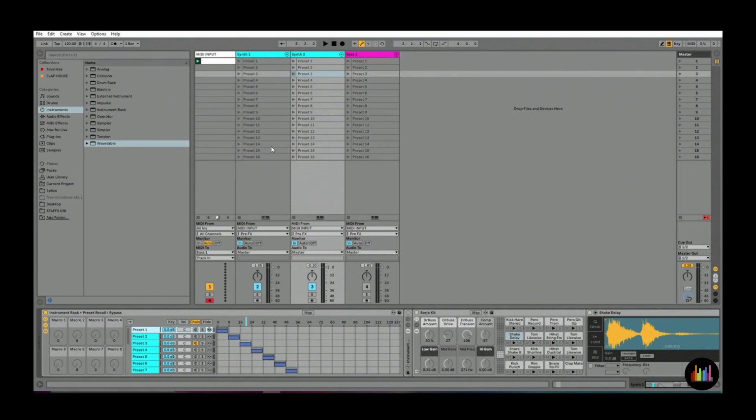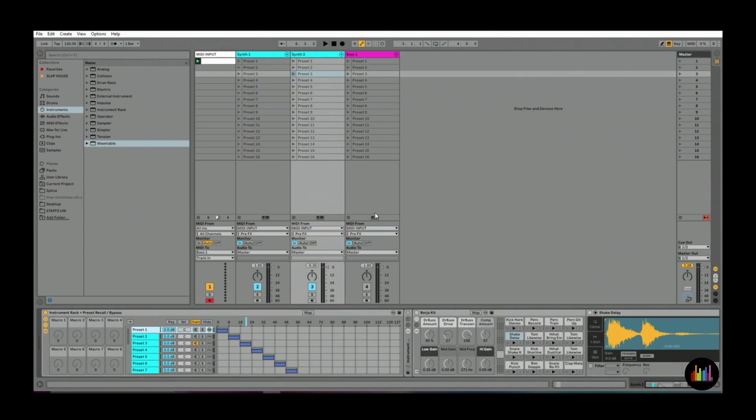Instead, you can stick them all into a chain, and then when you come to write, instead of having to drag everything out of the browser, find them all, you can just simply load them in, go through and seamlessly go through each preset until you find one that you like. And then you can save it as a template, and then you can always go back to it. So what you could have is a template with 8, 9, 10, however many instruments you want with these custom chains. Every time you come to write, you'll always have these instruments open and available to you already good to go, so you can just get straight away and write